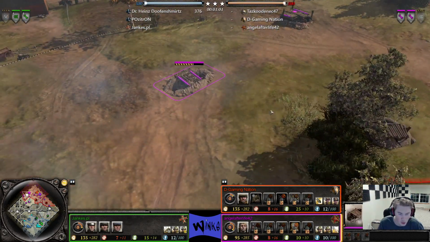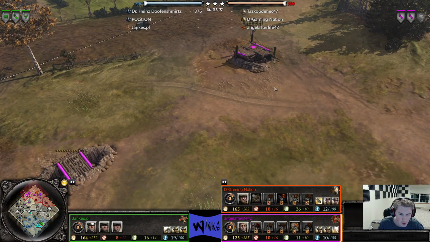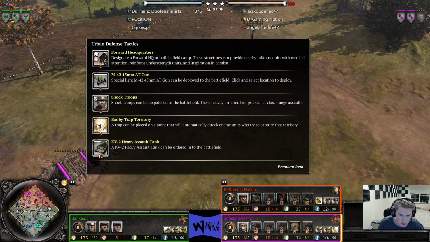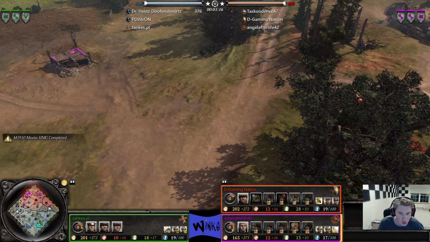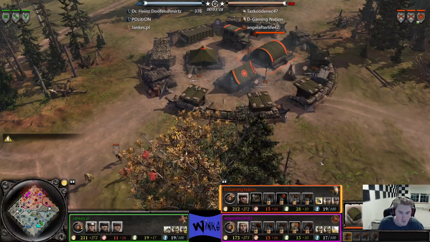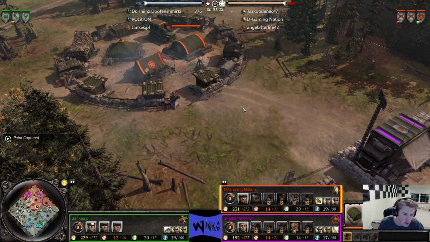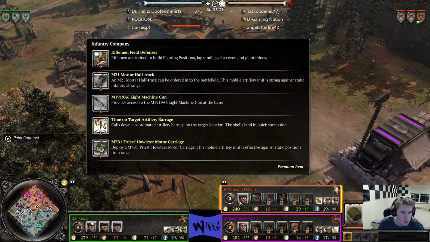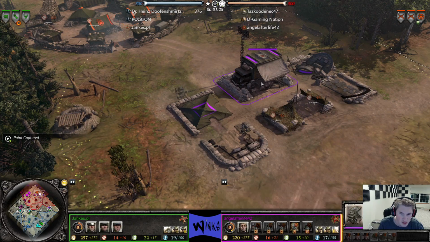Up in the north, we have the allies. So we've got Angel here playing the Soviets. He has gone for urban defense tactics, so could see some M42 baby AT guns, some shock troops, and the KV-2. Over here we have D Gaming playing the Americans. He has gone for the infantry company, so we've got the mortar half-tracks and the priest as an option for